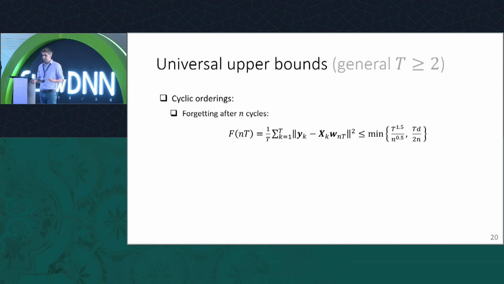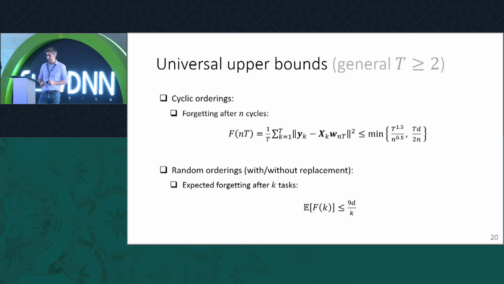What about the general case, more than 2 tasks? There we can derive a universal bound, which depends on the number of tasks and the number of repetitions. We can either have a dimensionless bound, which has worse dependence on n and t, or with dimension we can get a better dependence on t and n. We think it probably could be improved. It's hard for the last iterate analysis, but with averaging you can get around t over n. So for some settings, you get better performance.